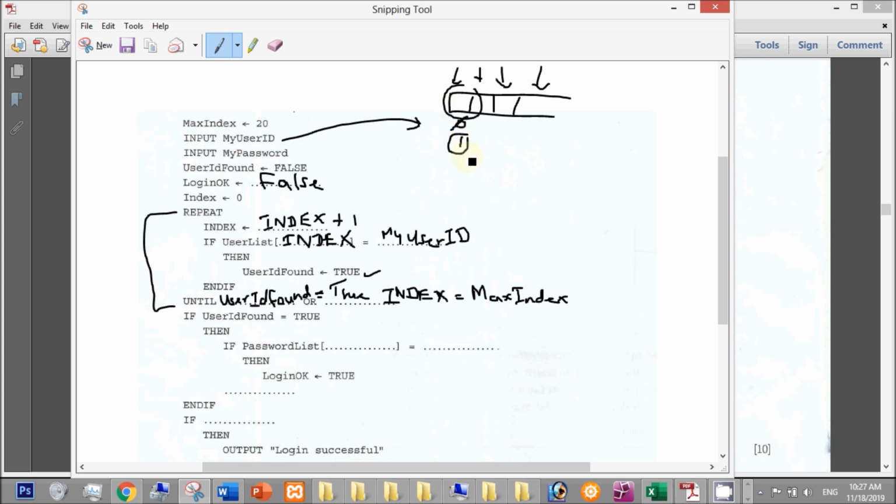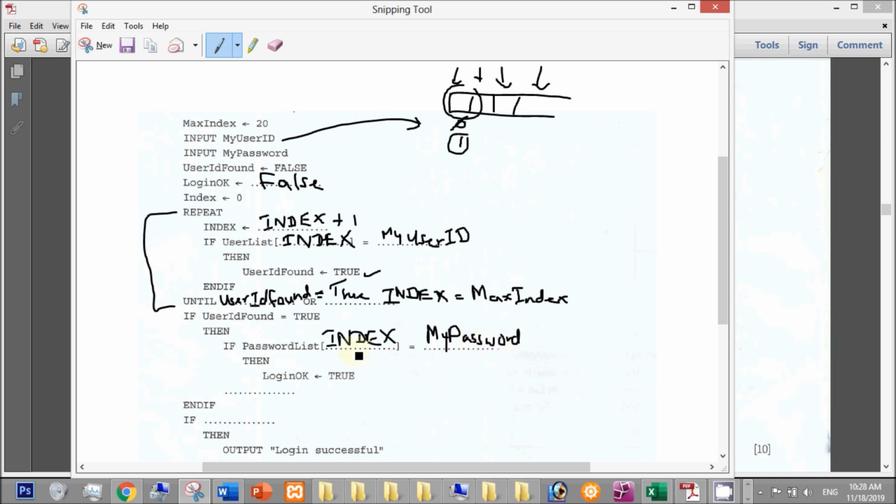So the corresponding positional value means the password list should be the password of this guy, right? So if passwordList index, so it is the same index that we use, equals, now the password is held as myPassword, equals myPassword,